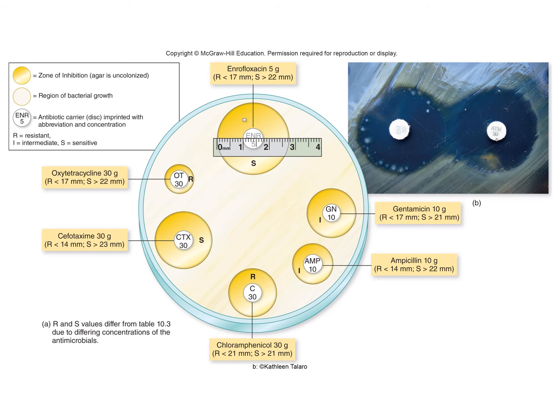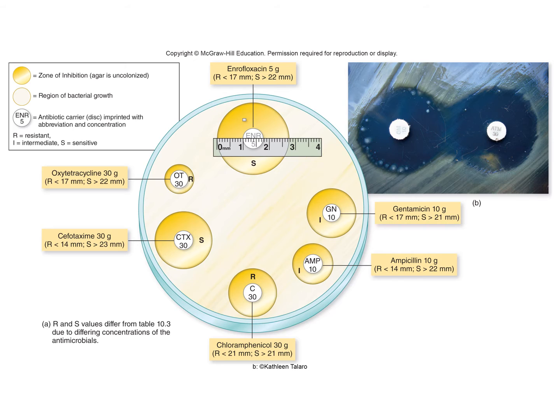So if you look at this, it's showing the zone of clearance. So everything in that top left box is saying the zone of inhibition. So that's that big yellow area. You have the antibiotic carrier, so the disc itself. So each one has different letters and numbers, and it's telling you the actual medication plus the grams. Also, some of these medications we don't actually use, but we use them in the laboratory in this sense because it's easy, and then we actually usually give you the medication that falls into the same class that we more commonly use.